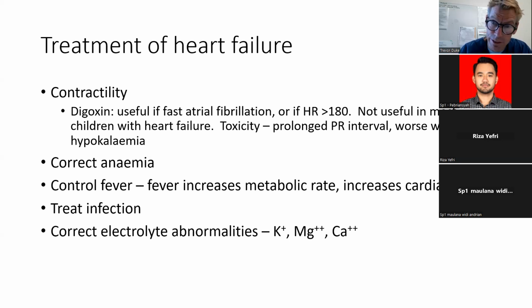You should try to correct anemia. If the child's in heart failure, they'll often be better with the hemoglobin that's a bit higher. So our normal thresholds for transfusion, which might be a hemoglobin of 7 or 6, they don't really apply to children, generally speaking, in heart failure. But remember that you've got to correct, if you've got a child in heart failure,